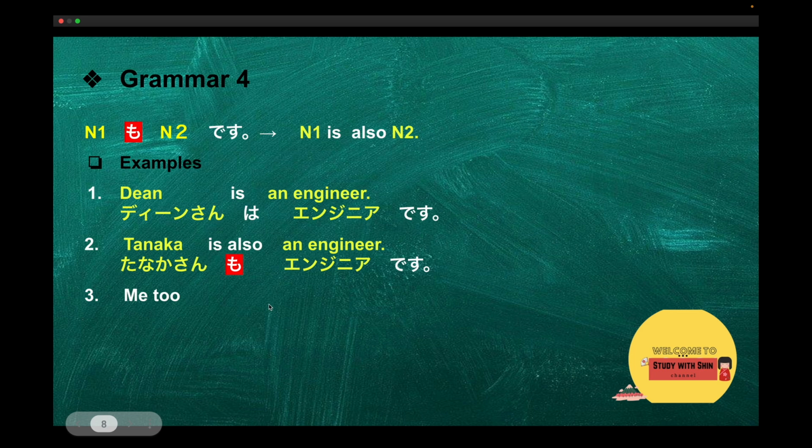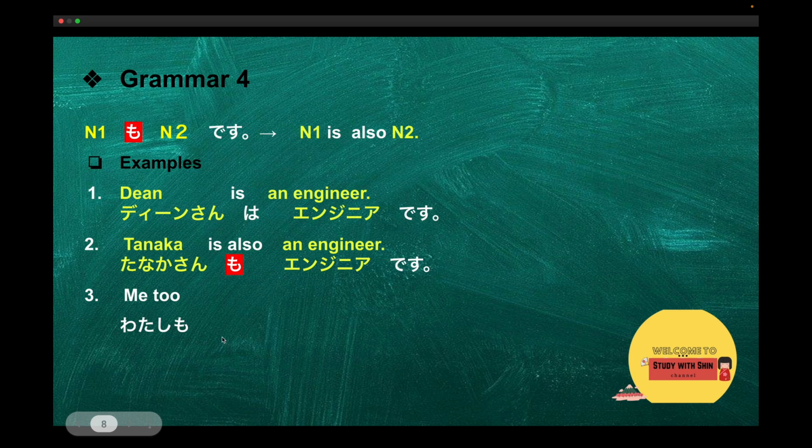It's short and effective and simple. And in order to say me too, you can say 私も。You just have to add mo after 私. And that would be the same as me too. 私も。